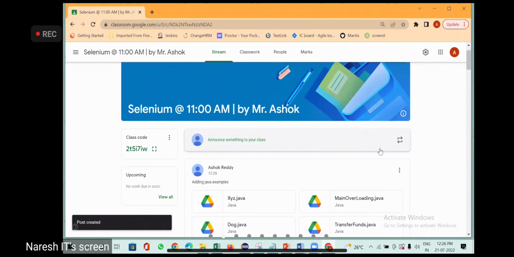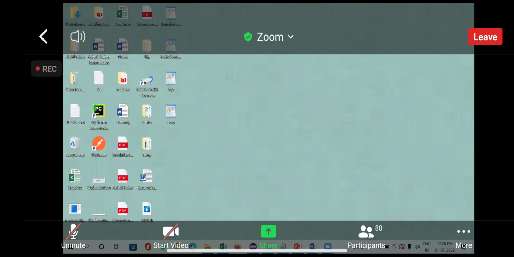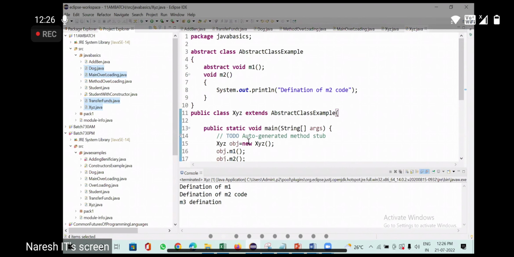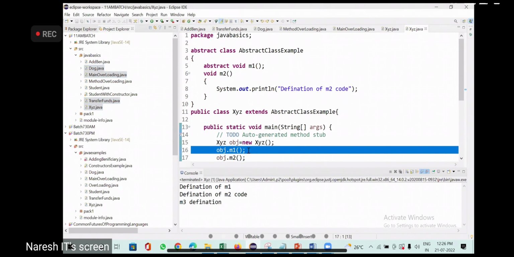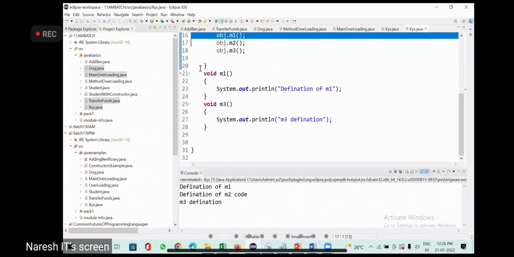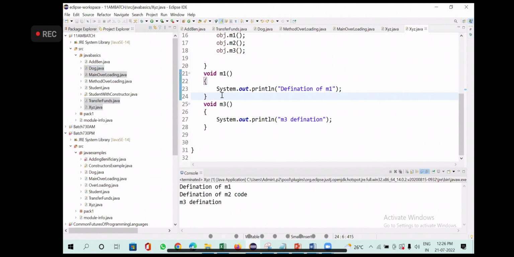Okay. Implement and call. We are calling, right? Here we are already calling the abstract method. Same, but you have to call it only after implementation. There is no implementation. What is the use of calling? I think online added some.